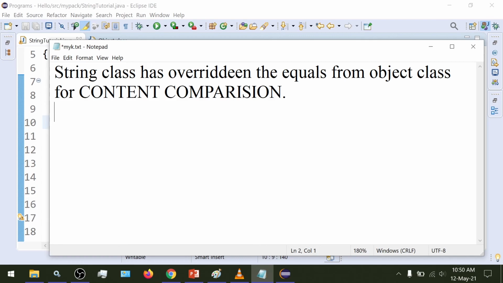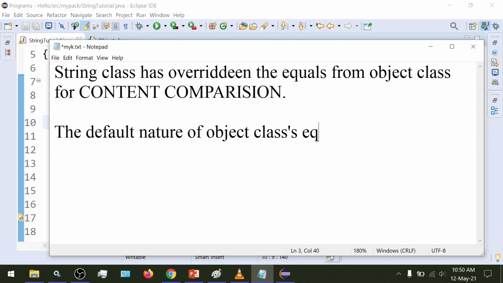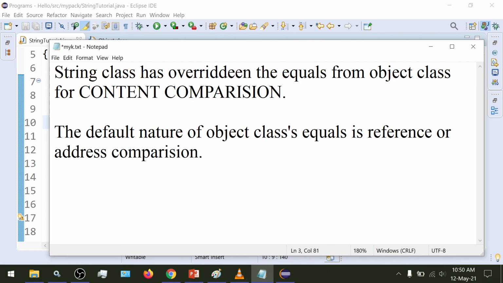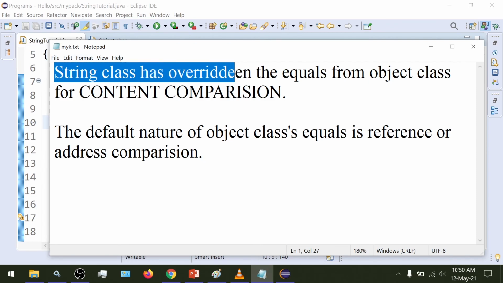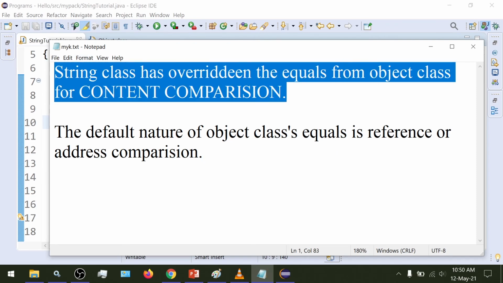The default nature of the Object class's equals method is reference or address comparison, and the String class has overridden this method for content comparison.